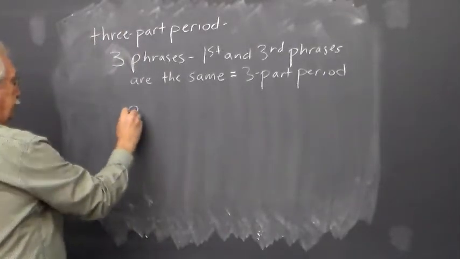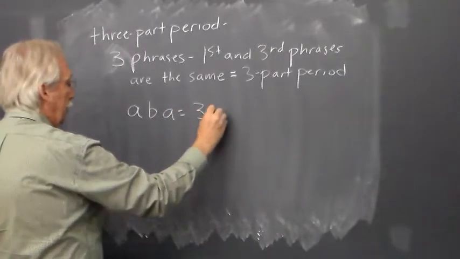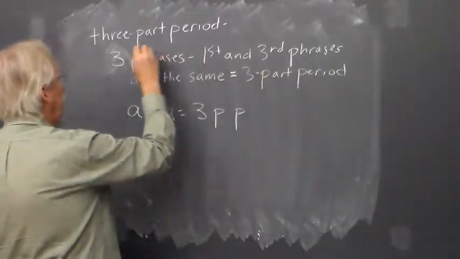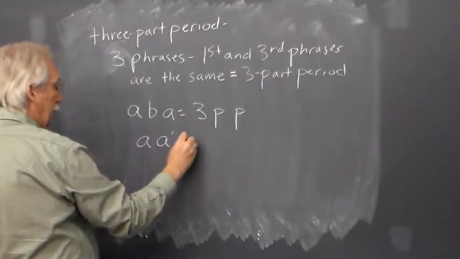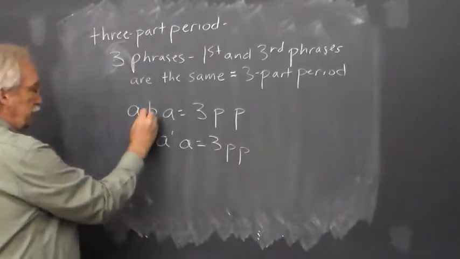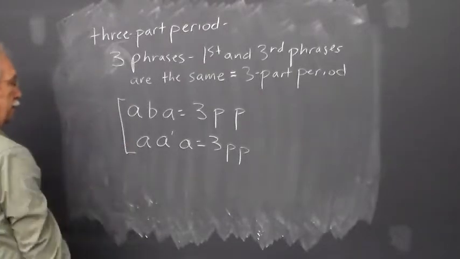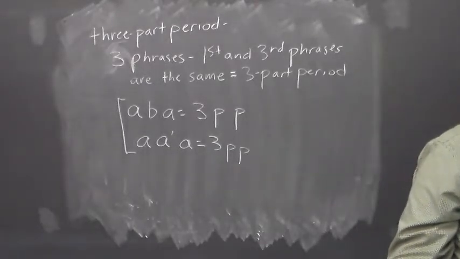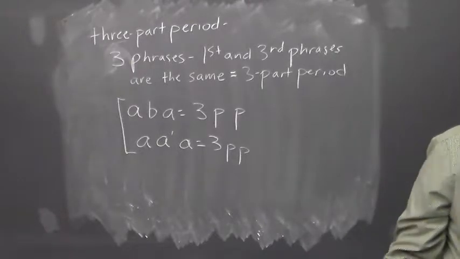Okay, so three-part period. So three-part period, you write out three-part period. Or you can have this situation too. Those are two basic situations like that. And so there is an example, there's a Schumann example there, which is the A prime, A, and that is